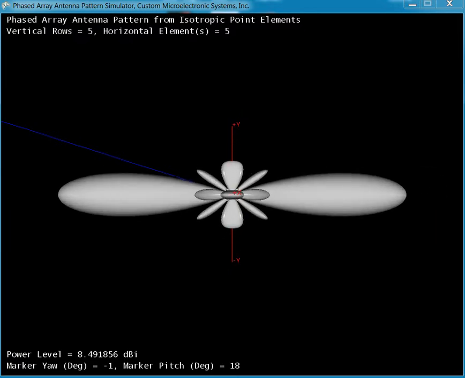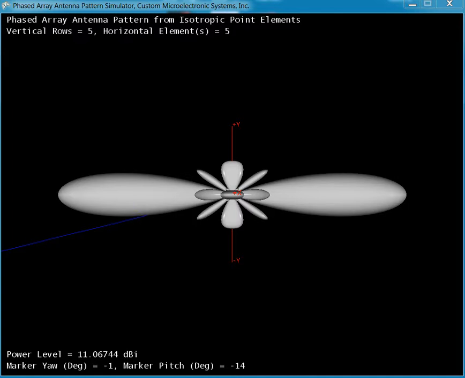Zoom in a bit, and our gain is at 14 dBi, so sweeping each side to 3 dB down, 14 degrees, and 14 degrees to the other side. So with 5 rows high, our 3 dB beam width is 28 degrees,